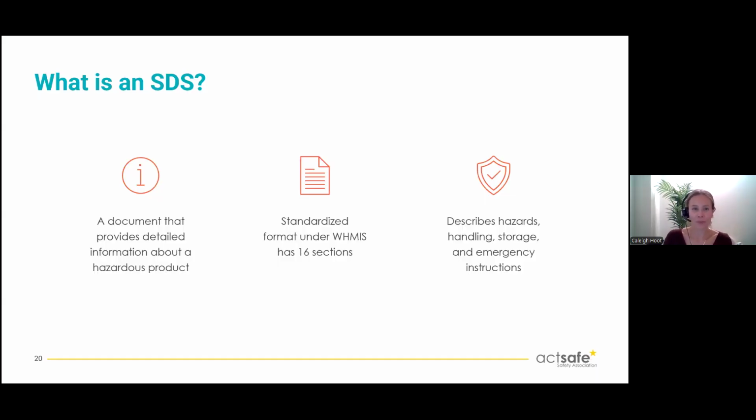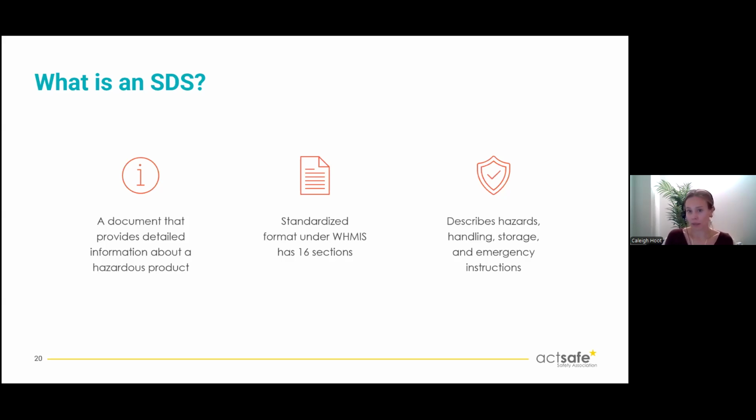Okay, so your SDS or your safety data sheet. I'm going to refer to it as an SDS as we go through for the rest because safety data sheet is just a little too long. So like we said, it's your user manual for your chemicals. Every hazardous product in the workplace should have an SDS. What it tells you is what the product is, what the hazards are, and then how to use it safely.